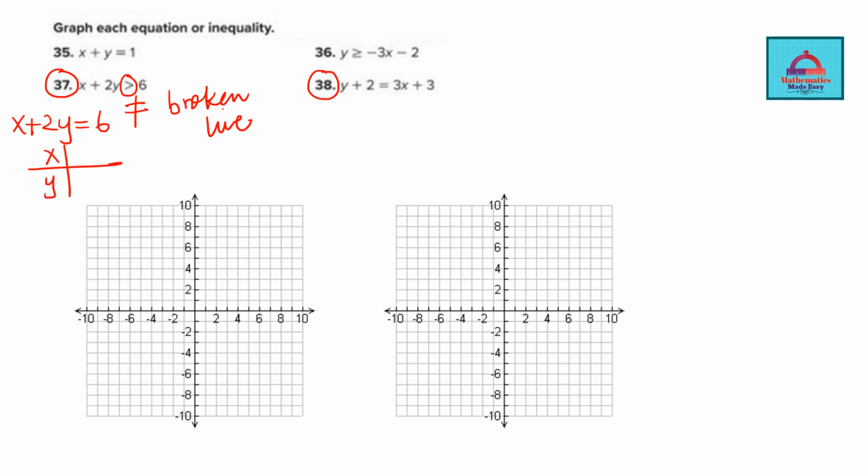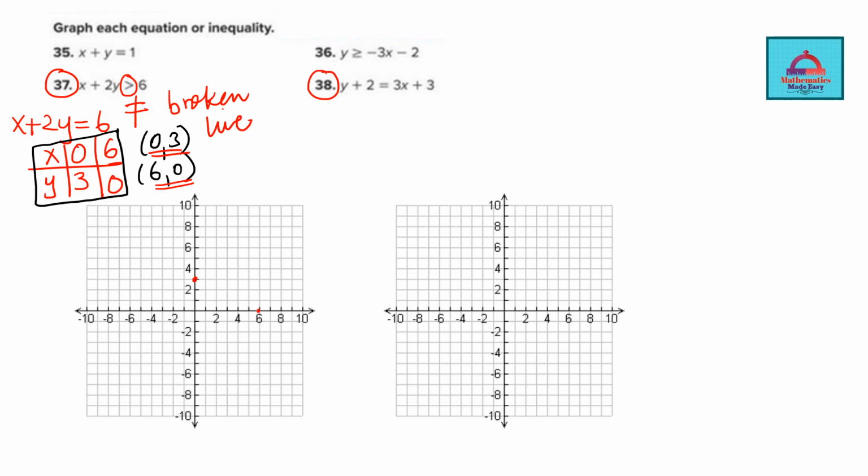The first point that I'm going to take here is x equal to 0, and when I take x equal to 0, y will come out to be 3. When I take y equal to 0, x will come out to be 6. So we can get 2 points from here, which are the x and y intercept. The first point is 0 comma 3, the next point is 6 comma 0. So let's plot it on the graph. 0 comma 3 is the point where x is 0, so it's going to lie on the y-axis, it is this point. 6 comma 0 is the point on the x-axis where y is 0, so it's going to be